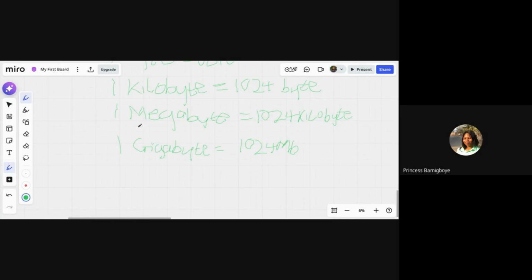You can also write kilobyte as KB. Then we're introduced to terabytes, and a terabyte is 1024 gigabytes or GB. There's another one after terabytes, but I'll go into it later.